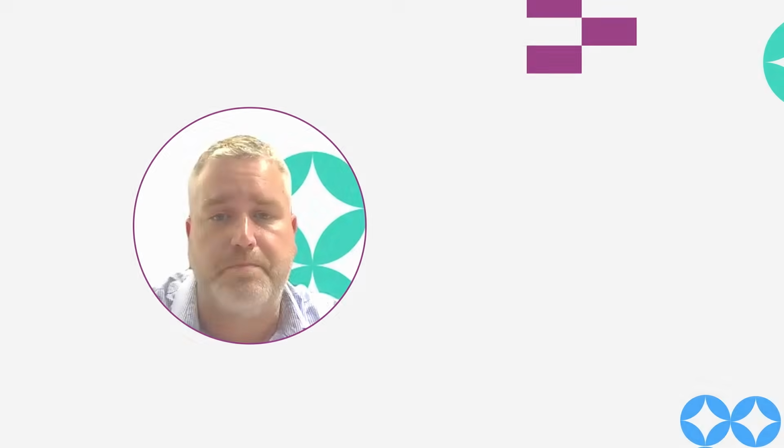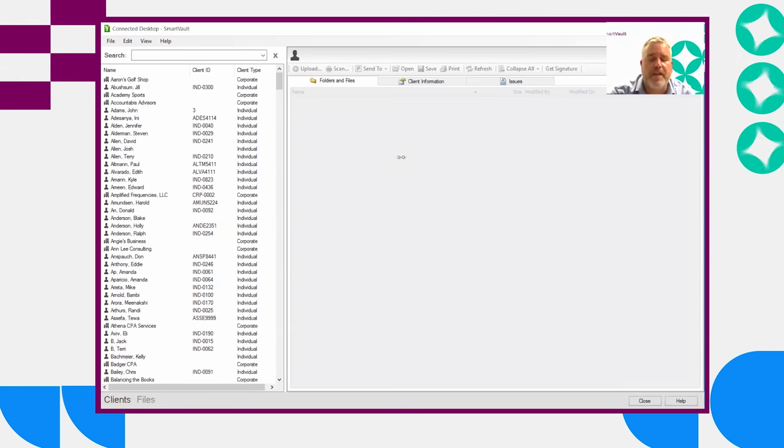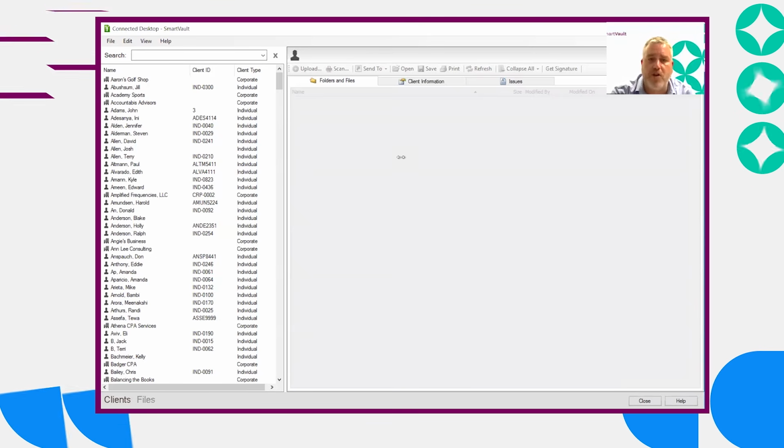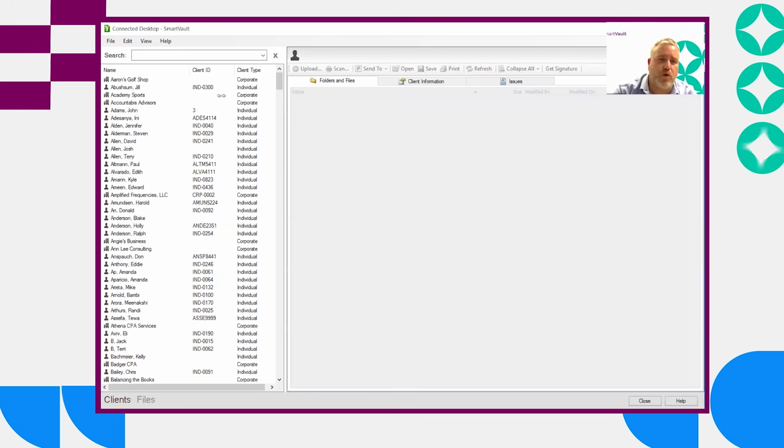With a direct integration between SmartVault and Lacerte, one of the first steps that we'll take for any new customer onboarding with our program is we want to set up the Lacerte integration. We can set up SmartVault to talk with Lacerte 23, 22, 21, etc. After we set up and configure the integration, the next step is we're going to come into